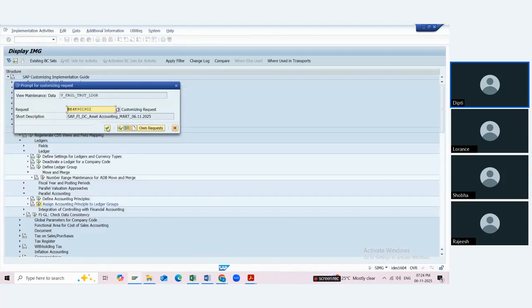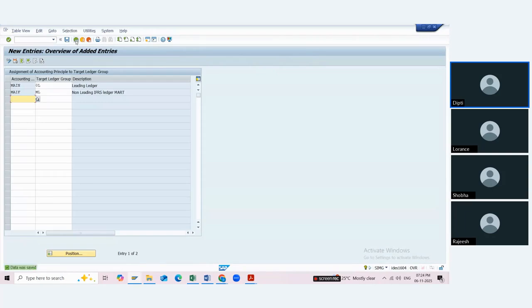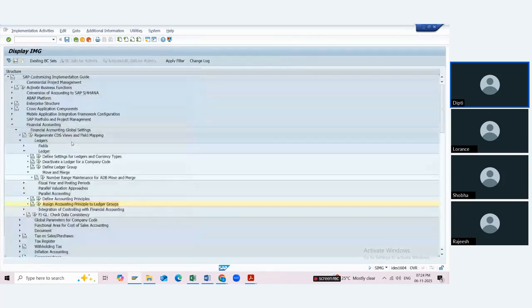And now when I try to copy my chart of depreciation, I'm going to remove all the standard ones that we have copied, because it is not